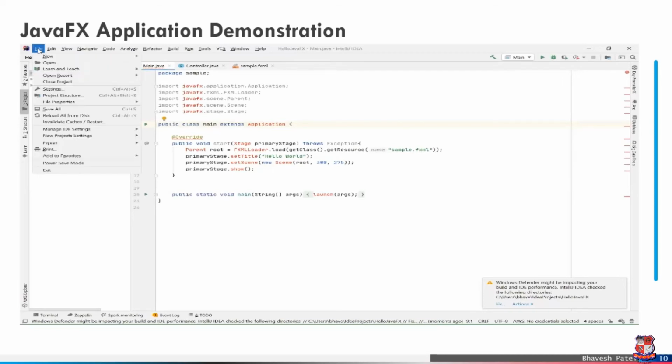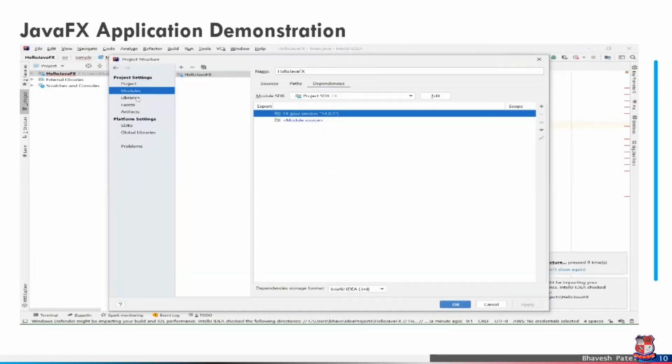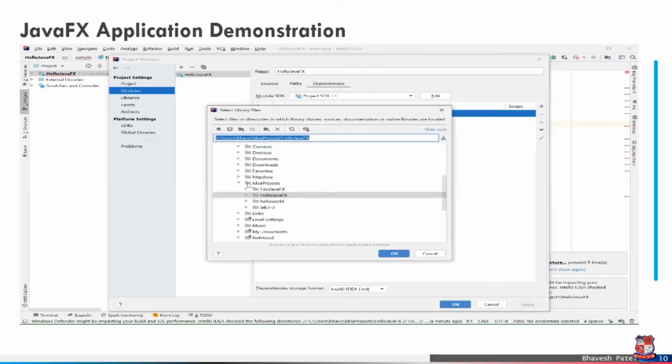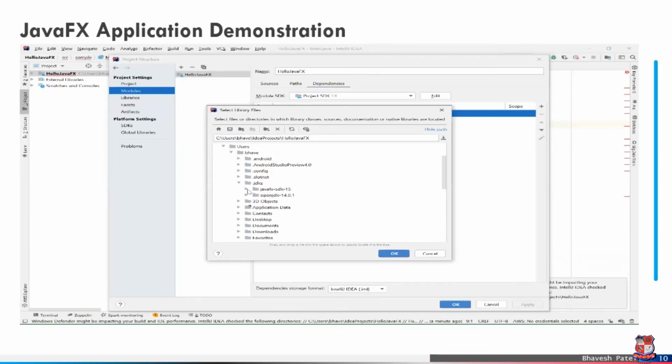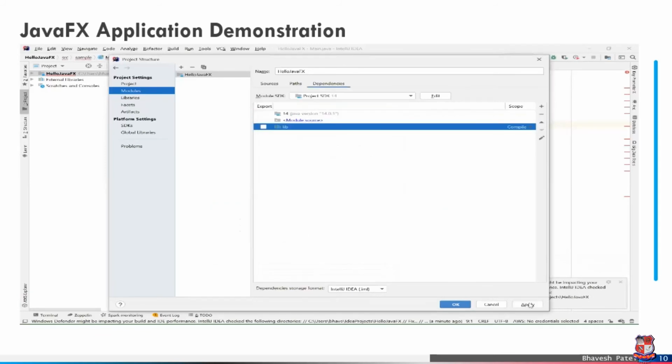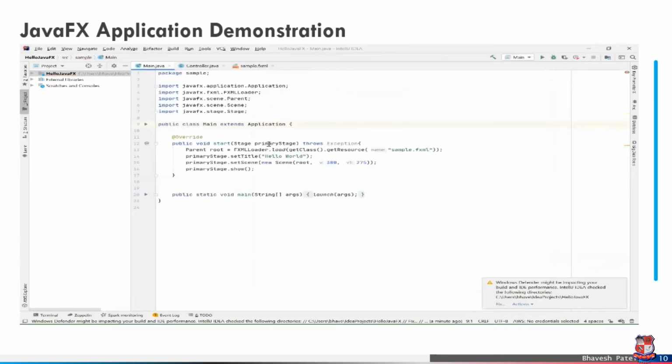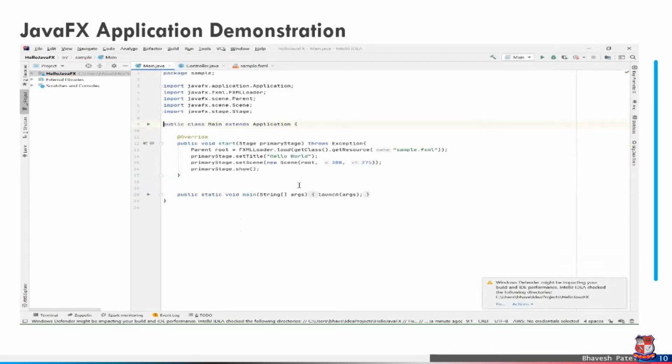We have to add the JavaFX SDK in project structure, module, add module, library, Java, and wherever the JavaFX SDK is installed, select the JavaFX SDK lib folder. Select OK, apply, OK. All errors are gone.